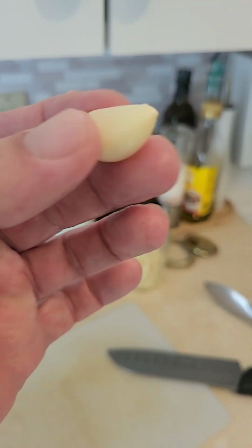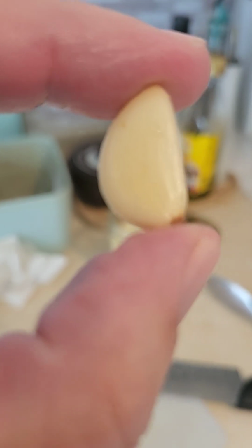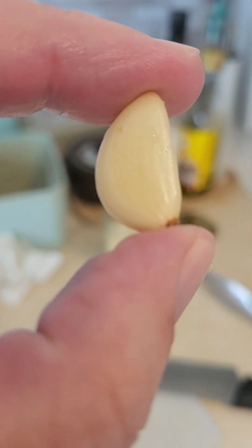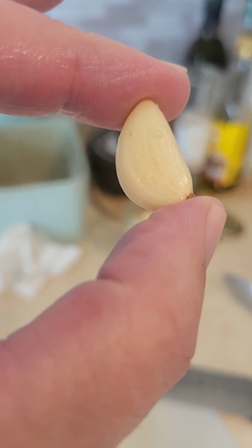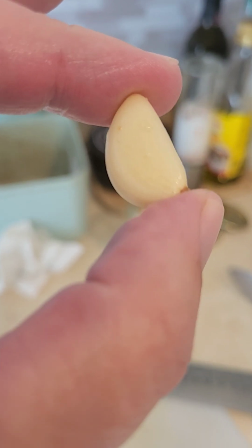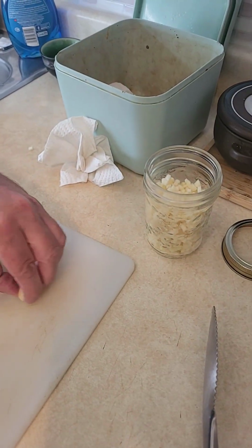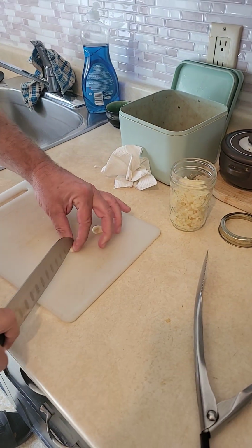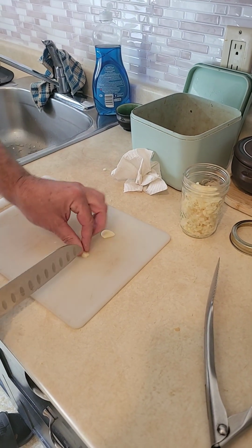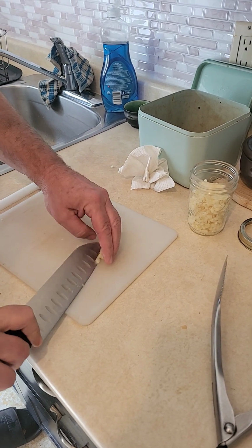This is it, ladies and gentlemen. The last of my garlics for this growing season of 2025. The last garlic. What I've been doing a lot lately is cutting the garlic into little tiny bits and